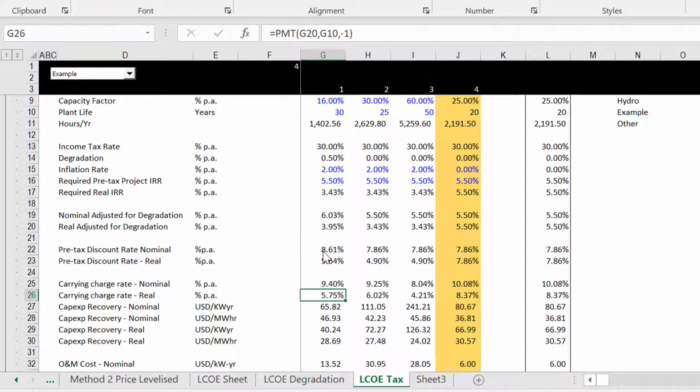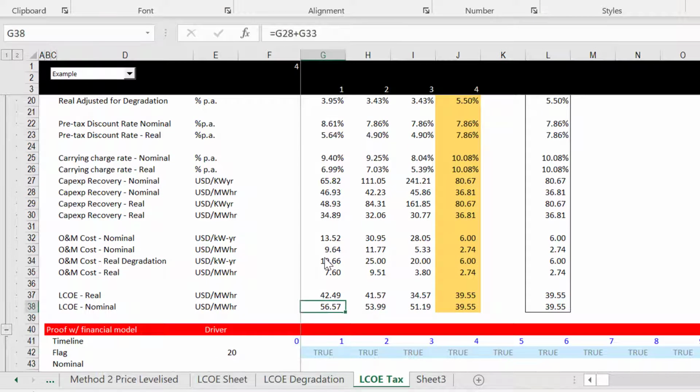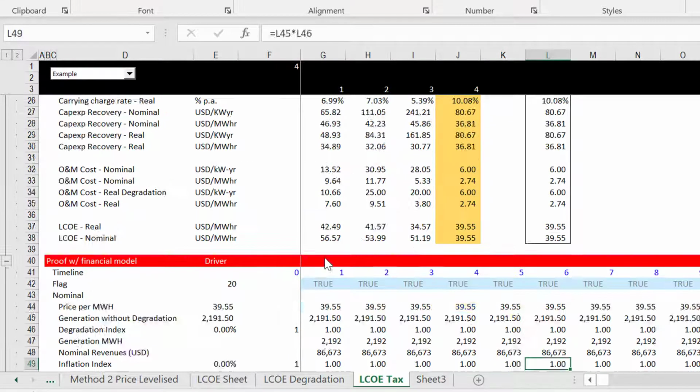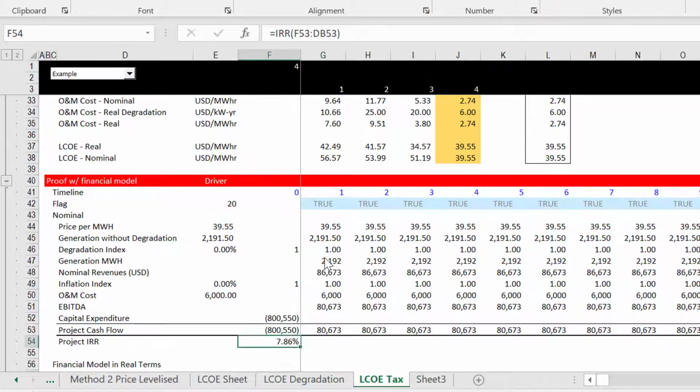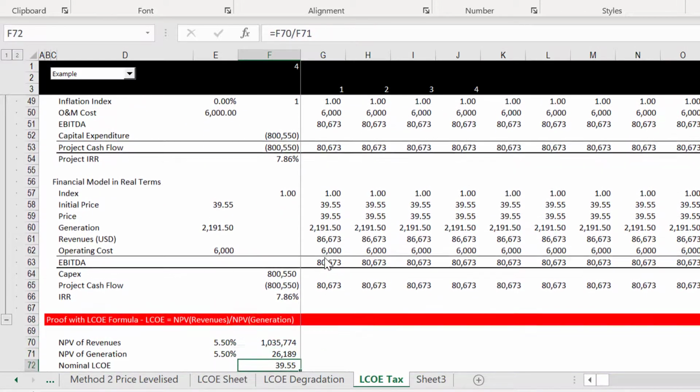Okay, and I suppose I might as well, while I'm at it, do the same thing for the after-tax real. I really hope I'm not going to mess up and have to pause this video about 8 zillion times to get it right. So now we have the same price LCOE for the real and the nominal, and of course we get our higher number,